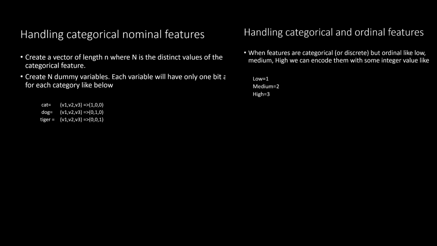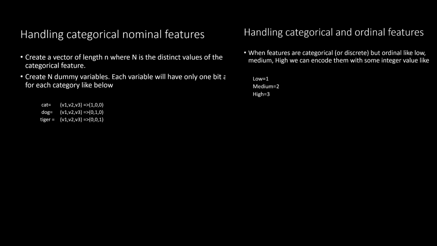Categorical features can be nominal or ordinal. Nominal features are those where the order of precedence is not defined, for example cat, dog, lion, male, female, etc. Ordinal features are those in which the order of precedence is defined, like high, medium, low. Continuous features are those like 1, 2, 3, 4, 5 as numerical values or date, time, etc. as non-numerical values.